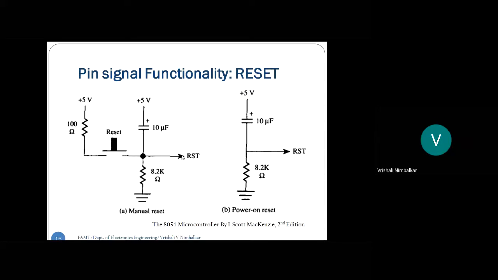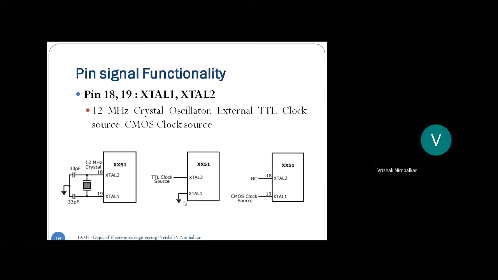And you reset the microcontroller. So you are resetting the controller with the help of the switch. Hence we say this is a manual reset. Is that okay? So we have this manual reset, and if the switch is not there, we say that is power on reset. Is that okay? So power on means for an initial short time period, the microcontroller is in the reset state, and it automatically comes out of the reset when the capacitor fully charges.